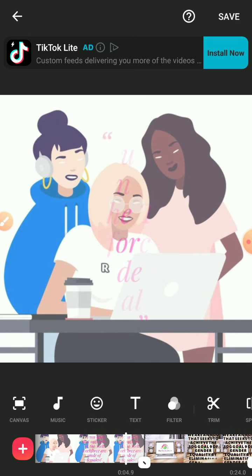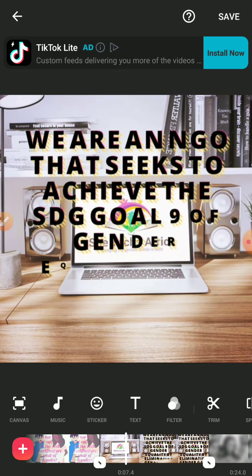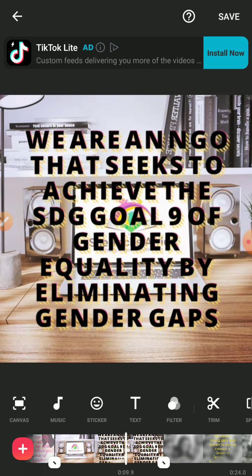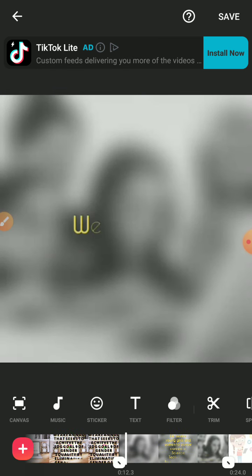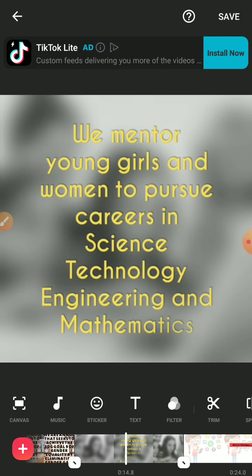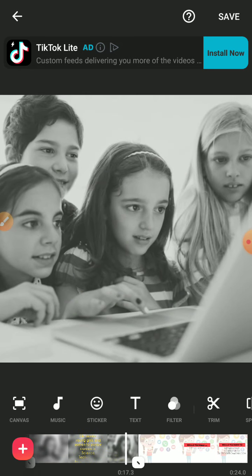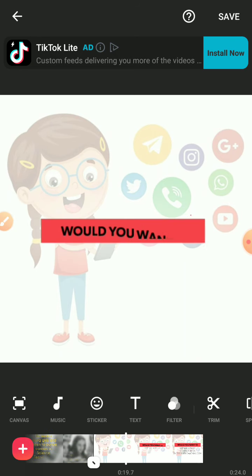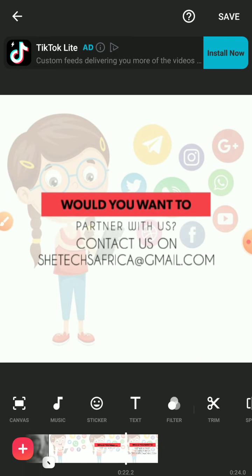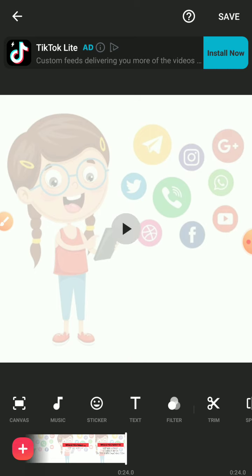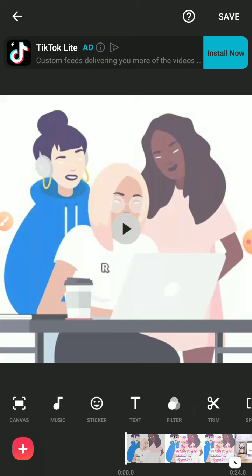Now you can see my animation has started playing out. You can see this is already the second video, and then it goes to the third video, and then it comes to the fourth animation. So this is how we use Inshot to merge video. There's no need of maybe picking one video, going back and forth. You can just select everything that you want at the same time. Okay, now once we are done selecting it,